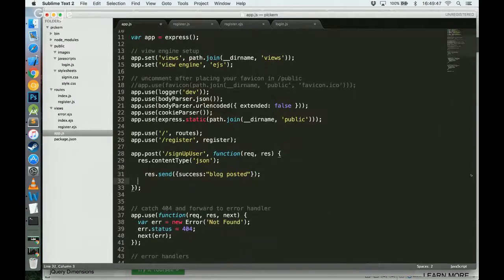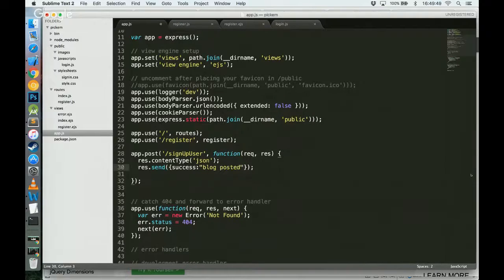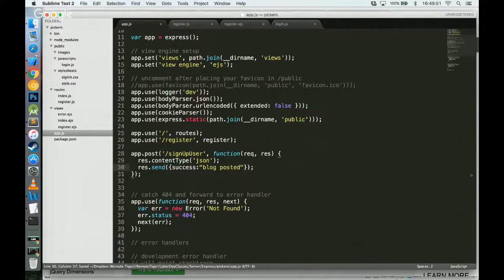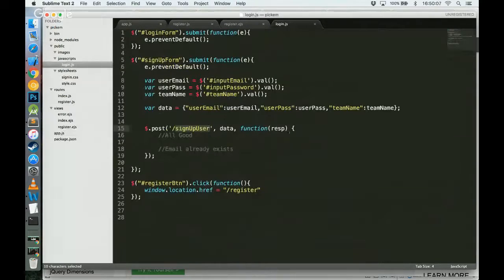Let's keep this right now. Do we have a database? No. So no matter what happens, everything is success. Yeah. I just want to see, does this data come back? Okay, does it call this URL and then does it send back information to my login page and the response